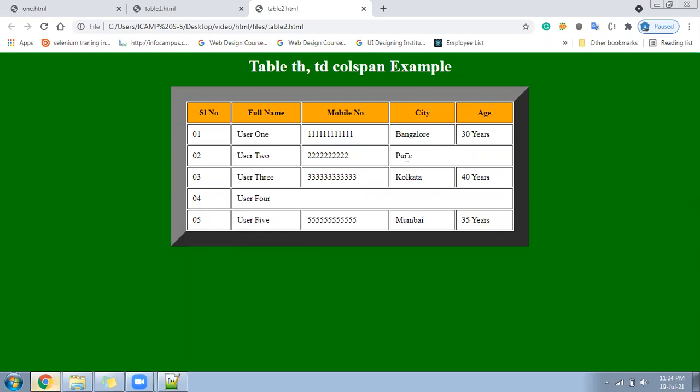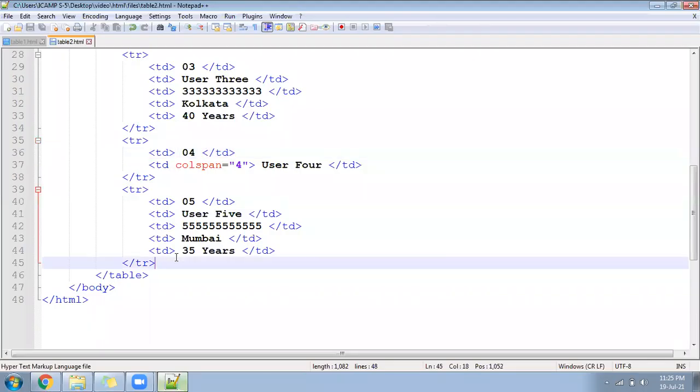So what we understood is colspan helps you to combine the space of 2 or more columns. For 1 column, you should not give colspan, keep in mind, okay? Wherever you have a minimum of 2 columns, only then colspan is applicable. 2 column, 3 column, 4 column, you can merge, but not for 1 column. See here, one place we gave colspan 2, another place colspan 4. Why? Because here your city is covering the space of 2 columns and here your name is covering the space of 4 columns, right?